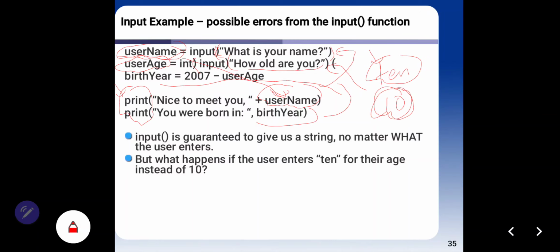So if you want to give guidance to your user, you have to give a prompt string, so your user can see your explanation.